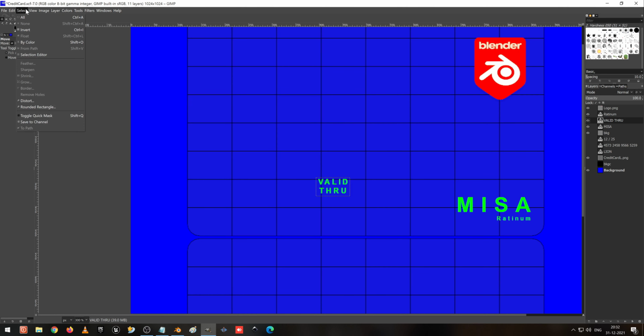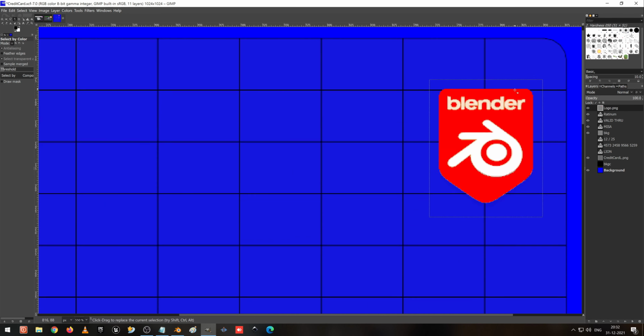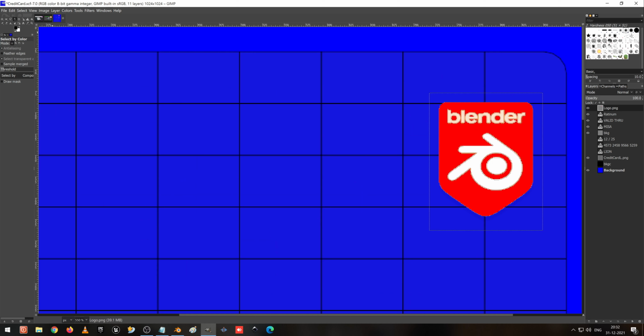So select by color and select this one white. Sorry, I turn on the select this one, and using this you can select that. Okay, I selected everything and paint it as black.